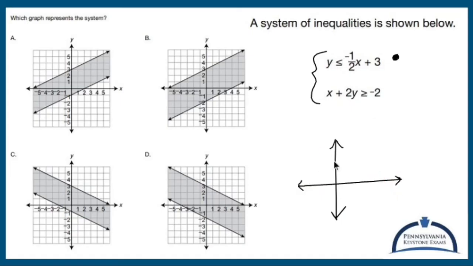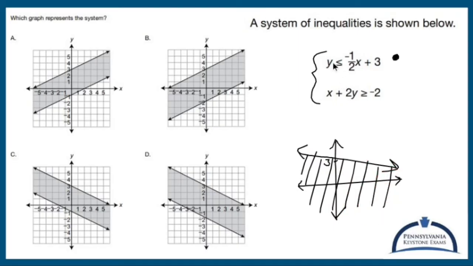Okay, start at 3. Negative slope. That looks terrible, but it's 3. And I'm shading below. So I have a negative inequality. I include the line, shade below. So negative slope excludes u because these are positive slopes. It also goes through 3, which so does that, and so does that.